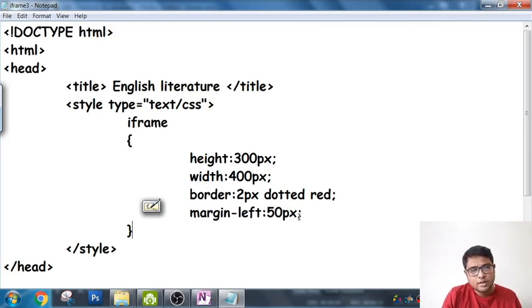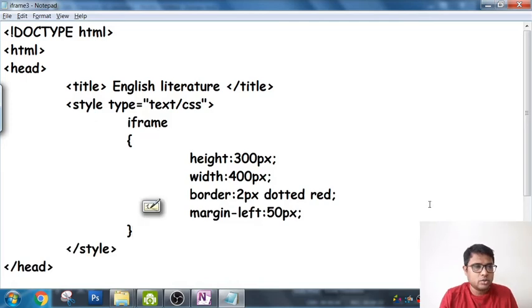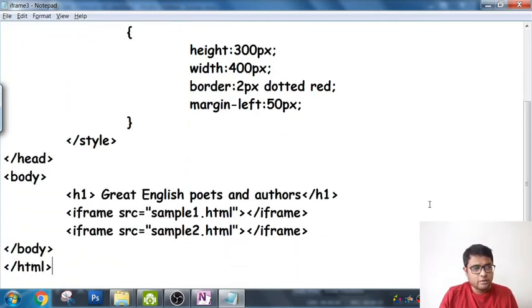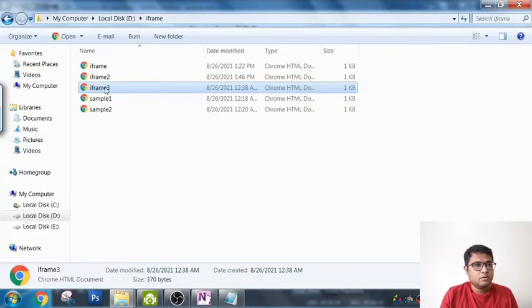Okay, so I will show you how it works. I'll show you the output, you will understand, and the rest of the code is more or less the same. Only this line, the margin part, I have changed. So if you want to see the third one, look at this one.